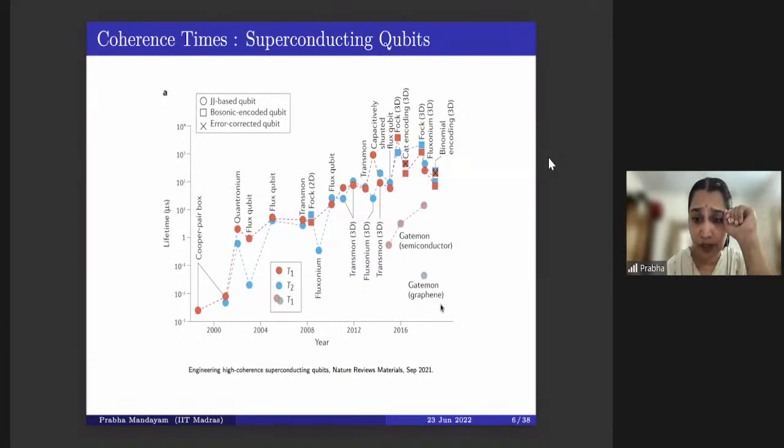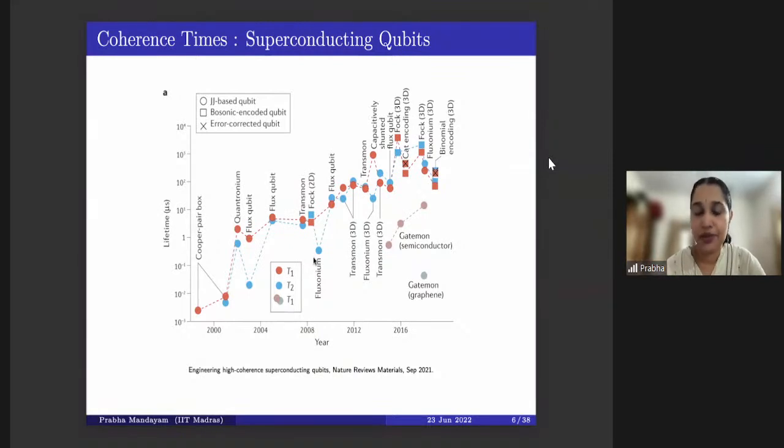So where are we? We are somewhere here, 2022. We are around 10 to the 4 microseconds. So essentially we are hitting the millisecond regime, but we're still not there, right? So this is today's scenario. So what does it mean? It means that